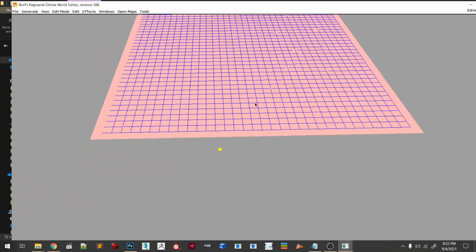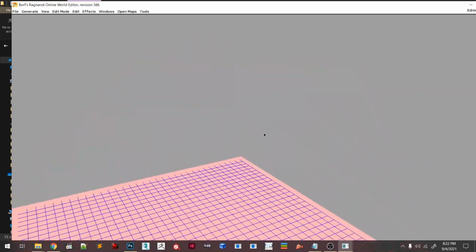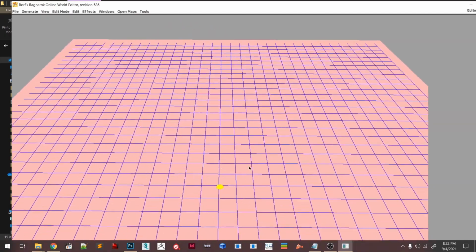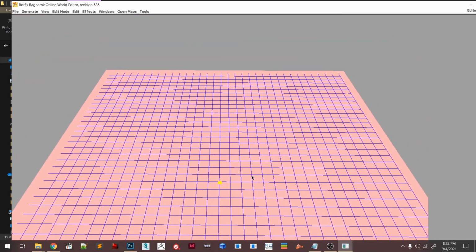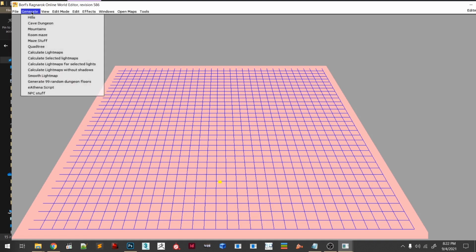If you hold Ctrl and Shift together, you can turn the camera like that. And with the mouse wheel, you can zoom in and zoom out. Now I'll quickly show around the menu so you have an idea of the basics of what you're working on. Alright, so if you go to File, here you can create a new map. You can open a map or open from GRF. You can close the map but not BrowEdit. To close BrowEdit, you come to Exit or you close it directly. And you can go to Generate.